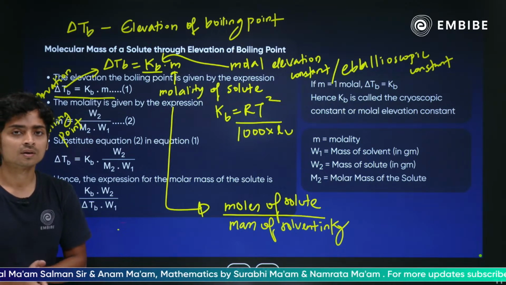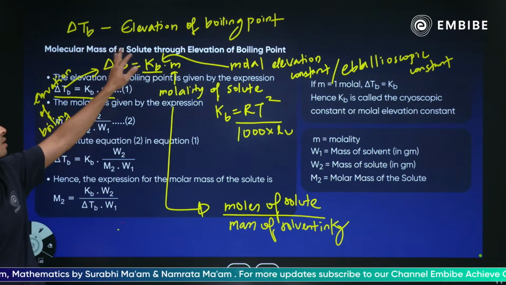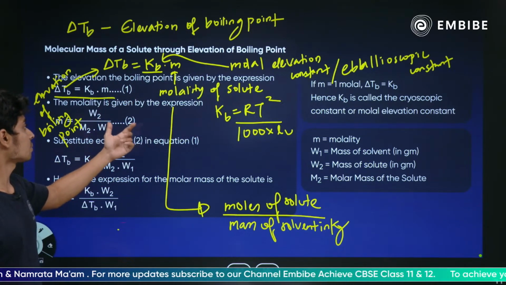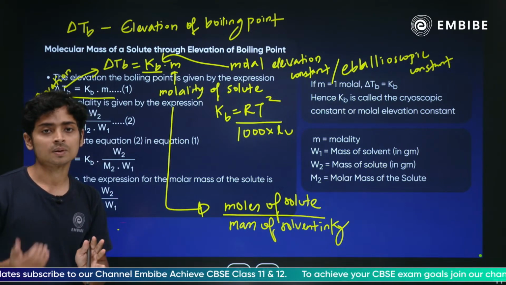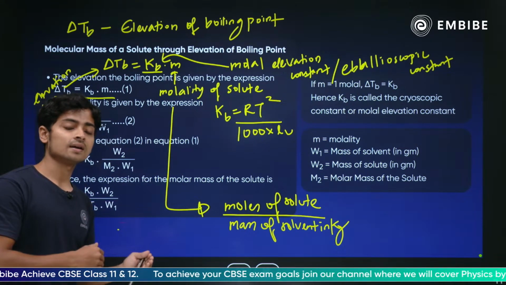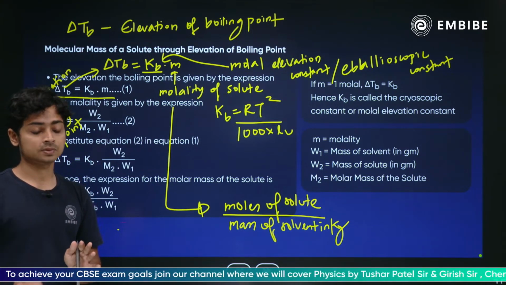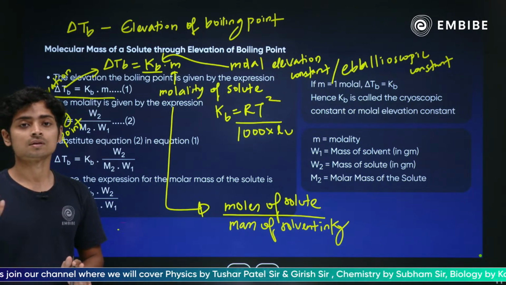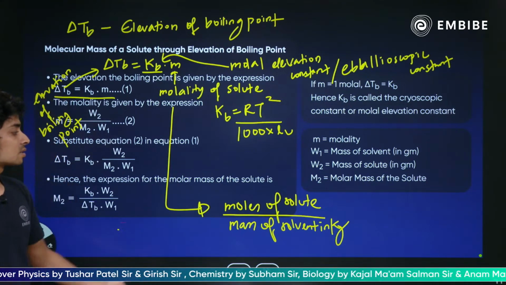ओके, सो गाइज प्लीज रेस्पॉन्ड अगर आपको ये वाला फॉर्मूला समझ आ गया। इसके बाद मैं एक्सप्लेन करूंगा मॉलिकुलर मास ऑफ अ सोल्यूट थ्रू एलिवेशन ऑफ बॉइलिंग पॉइंट। ये इक्वेशन को यूज़ करके आप एक्चुअली मॉलिकुलर मास ऑफ सोल्यूट भी निकाल सकते हो। बेसिकली अगर आपने एक्सपेरिमेंटली प्योर सॉल्वेंट का बॉइलिंग पॉइंट निकाल दिया, फिर आप सोल्यूट ऐड करके एक्सपेरिमेंट करोगे कि कितना मेरा सोल्यूशन का बॉइलिंग पॉइंट बढ़ रहा है।